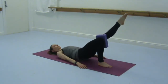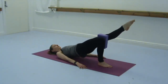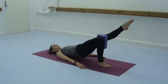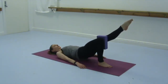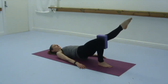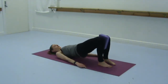Inhale, lower. Exhale, lift. Now when it gets slightly harder, try and focus a little bit more around the shoulders, just to release any tension that may have been created. It may have been created in the jaw, so just release anywhere you feel any tension. And again, exhale to lift, inhale to lower. Exhale, lift, inhale, lower. Keep the shoulders down away from the ears, and release the left leg down, and then